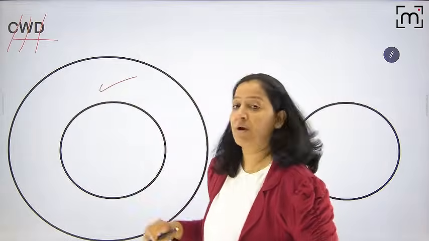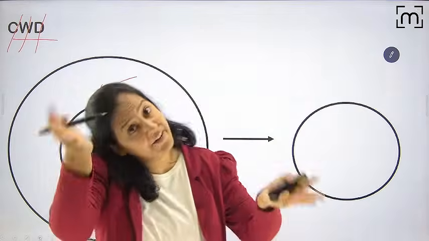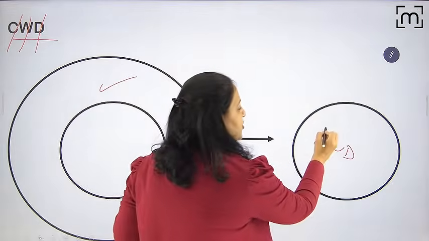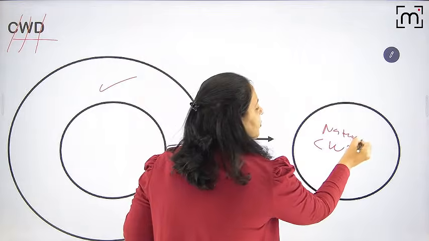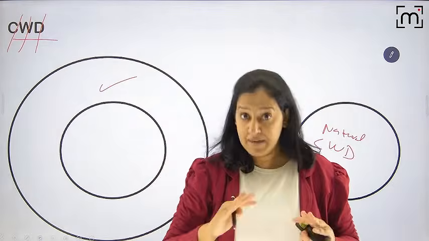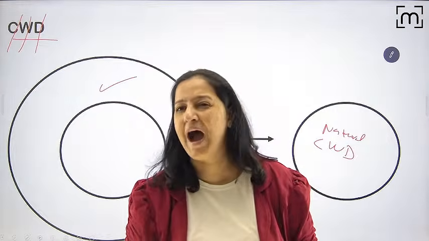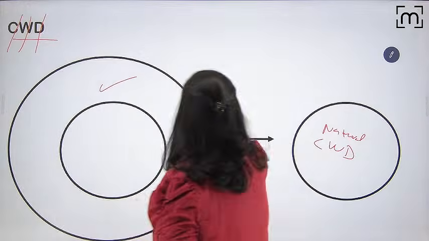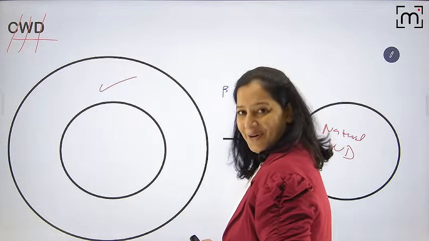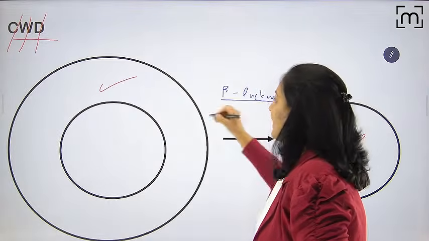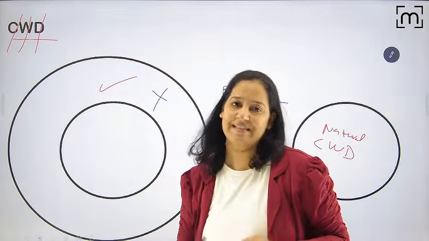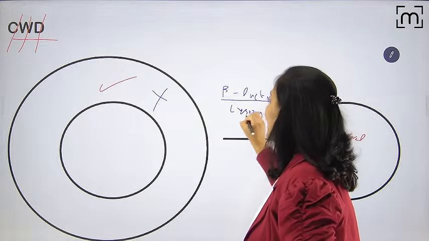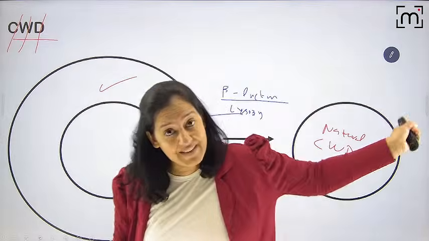See, this bacteria has a cell wall. If artificially I remove it, I will get a CWD. This is known as CWD. So natural CWD is only one, that is mycoplasma. But artificially we can create it. How can we artificially remove the cell wall? Using beta-lactams. I told you, beta-lactams are the antibiotics that disintegrate the cell wall. Or else we can use lysozymes. Lysozymes are the enzymes that degrade the cell wall. So we will get the cell wall deficient form.